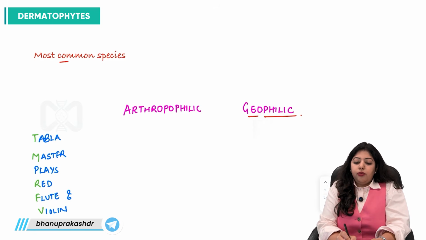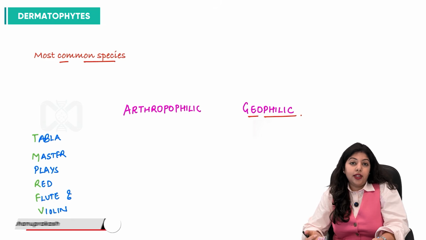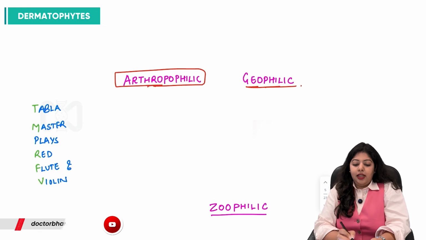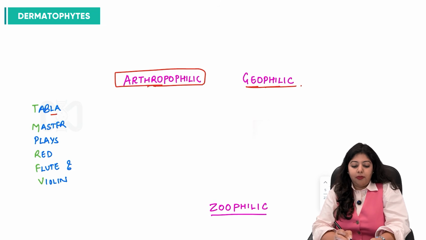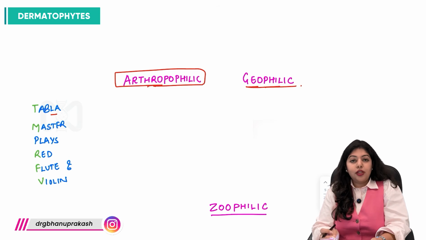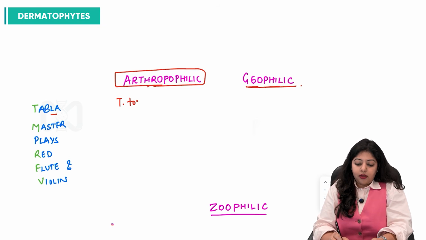Now talking about the most common species, or the type of dermatophytes we need to identify which are associated with humans, right? So I have a mnemonic for anthropophilic, right? So it says tabla master plays red flute and violin. So what are anthropophilic species, or which are exclusively associated with human beings? So firstly we will have Trichophyton tonsurans,